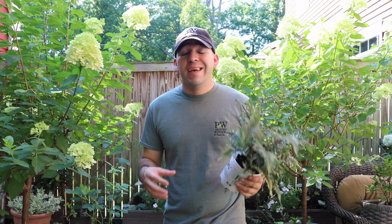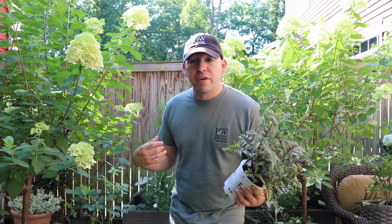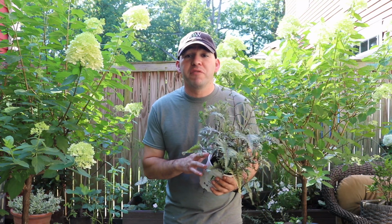Alright, so the Crested Surf Fern can grow about 20 to 22 inches in height and can spread about 30 inches. So we're going to go ahead and push the limits and put them in the bed back here, because we know the king tut's going to get pretty big. But next year, because it's an annual, we're not going to have the king tut in there, so there'll be plenty of room for these guys to grow out next spring as well. Let's go ahead and get started, because I know you guys are excited to see what else we put in